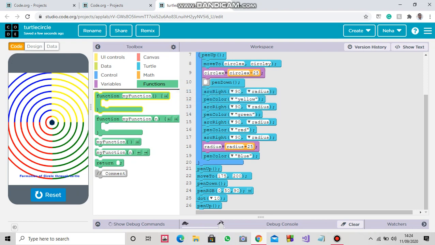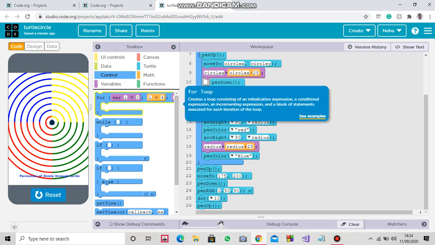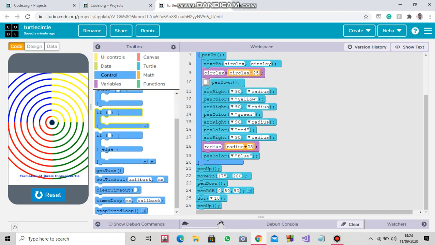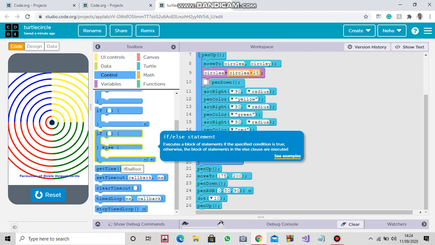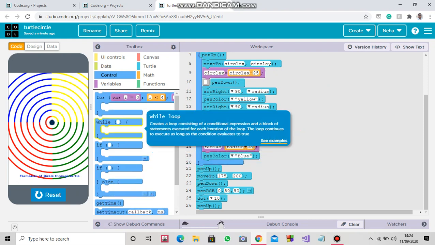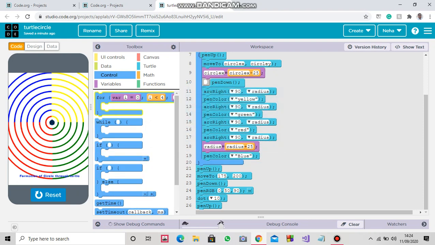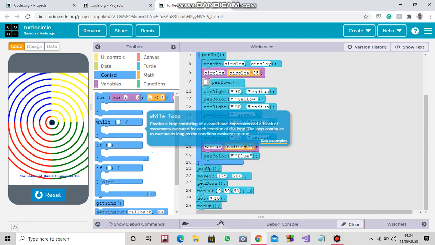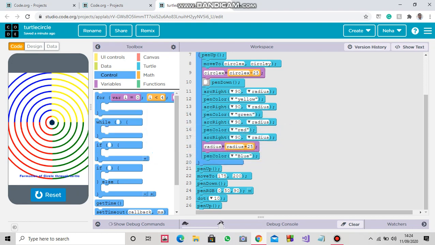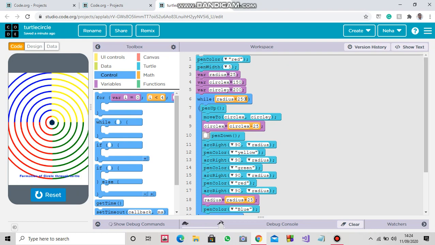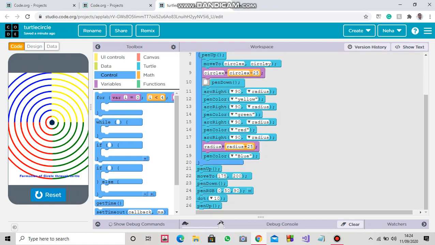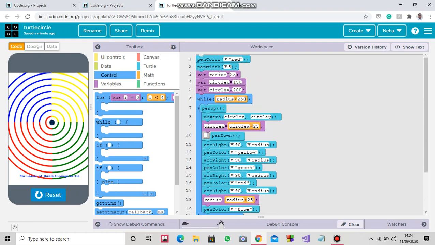Through functions your programming becomes easier, and you will learn about control also. For loop, while loop, if else statement, all of these are loops or controls that we use in our programming to make it simple. Suppose you want to draw different colors of circles, then you have to select a while loop.